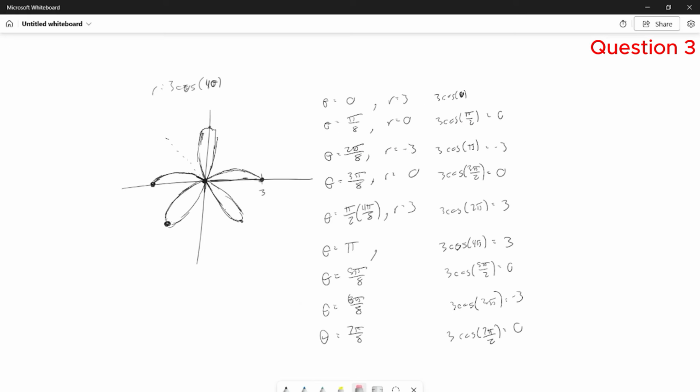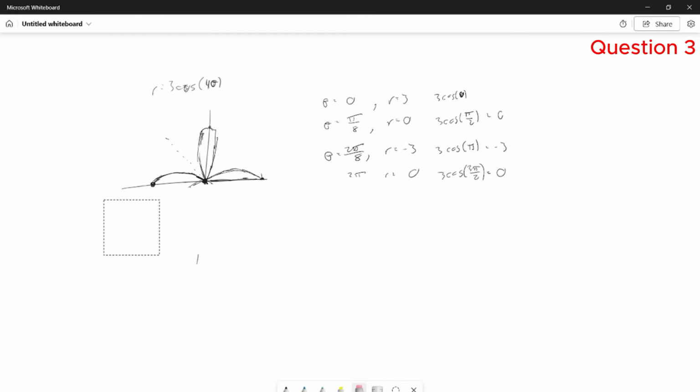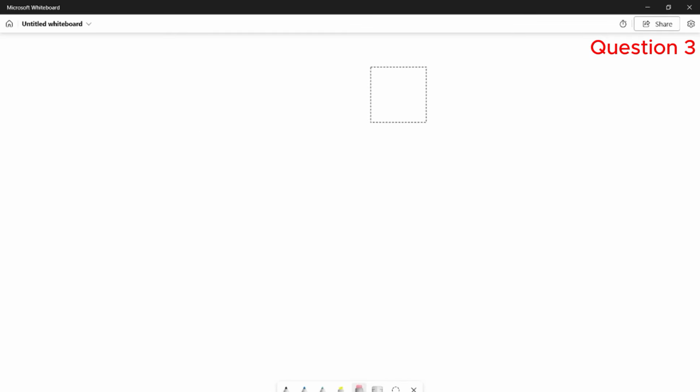So we're looking at question 3 now. Question 3 is asking us for what the function r equals 3 over sine theta would look like. Well, this is very simple. This is just y. Well, we can go back to y equals r sine theta. So that pretty much says that y